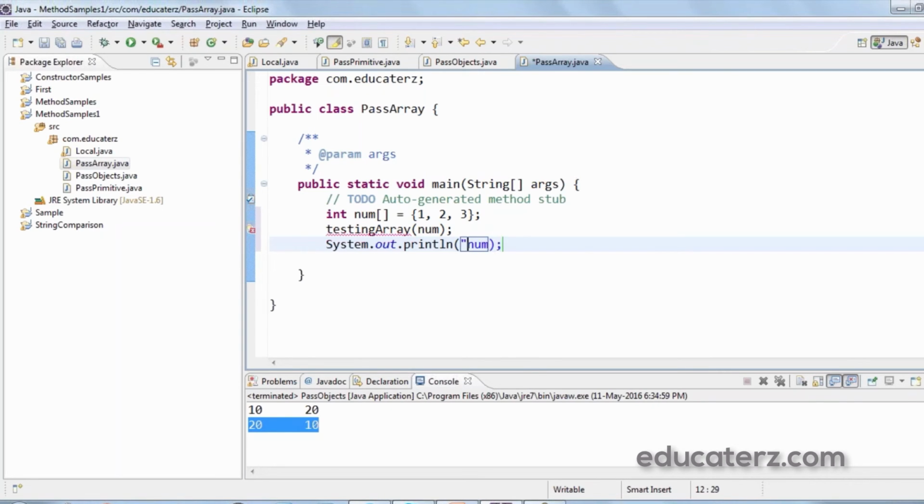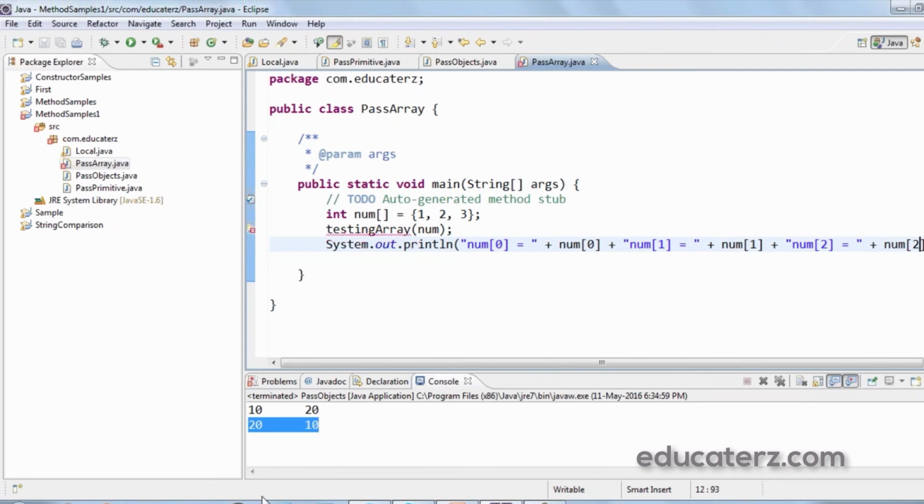So I simply say num of 0 equals to, plus num of 0, plus num of 1 equals to, plus num of 1, plus num of 2 equals to, print the value of num of 2.